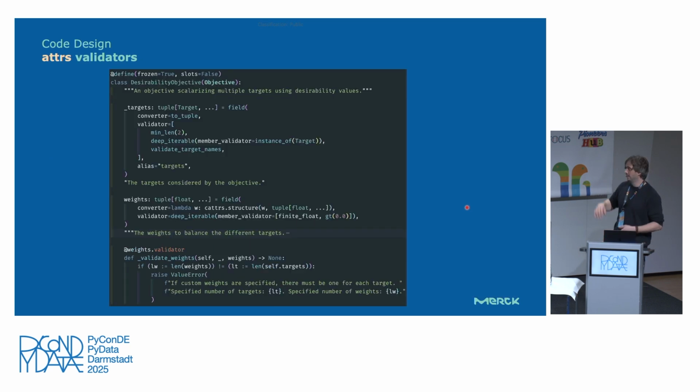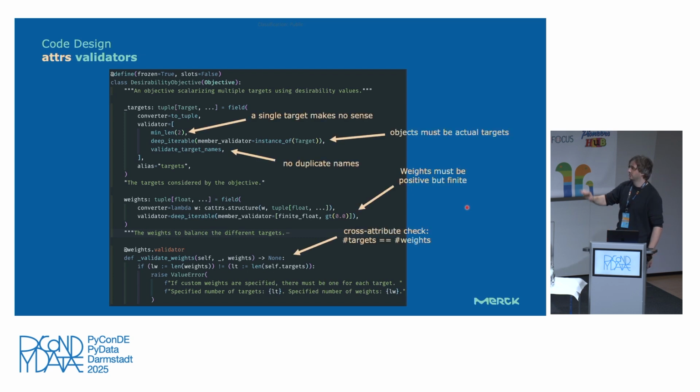And here's again a real world BayBE example. It's a lot of code, don't worry about the details, I'm just showing you that there are a lot of things you actually need to validate here to make sure this is valid user input. So first you have this converter that converts it to the expected format, like a tuple of targets, but then for the desirability of the objective to even make sense, you have to ensure that there are at least 2